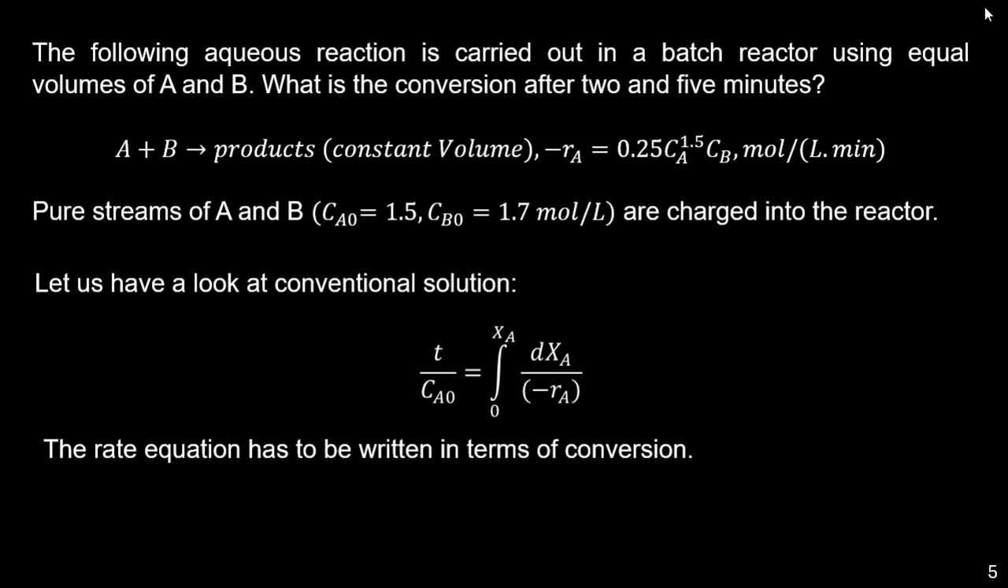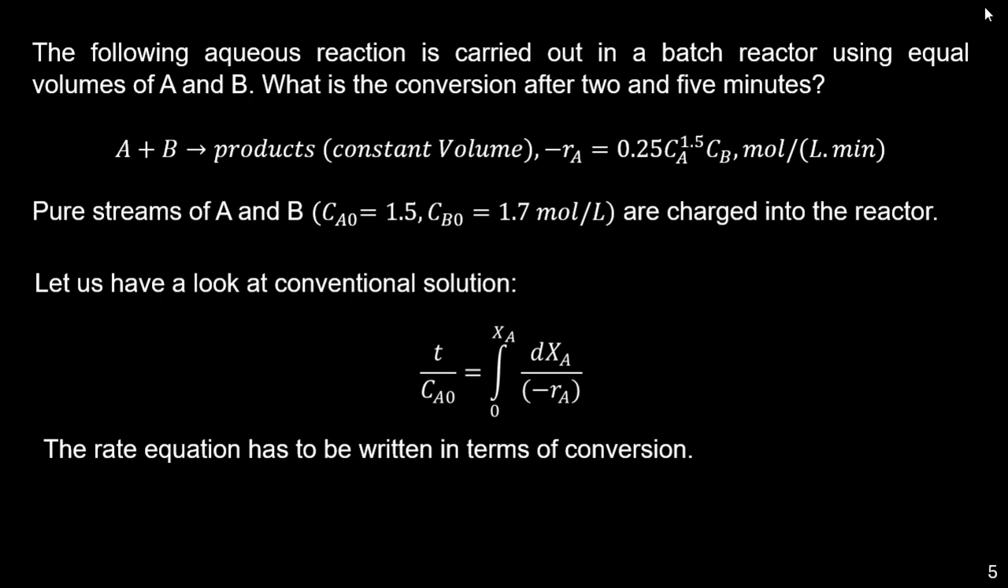In the conventional method, we will use the batch reactor performance equation. We will convert the rate equation in terms of conversion of A, which is the limiting reactant in this case. Since the composition changes with time, the equation is written in the integral form. Once the rate equation is written in terms of conversion, the integral has to be evaluated to find the conversion